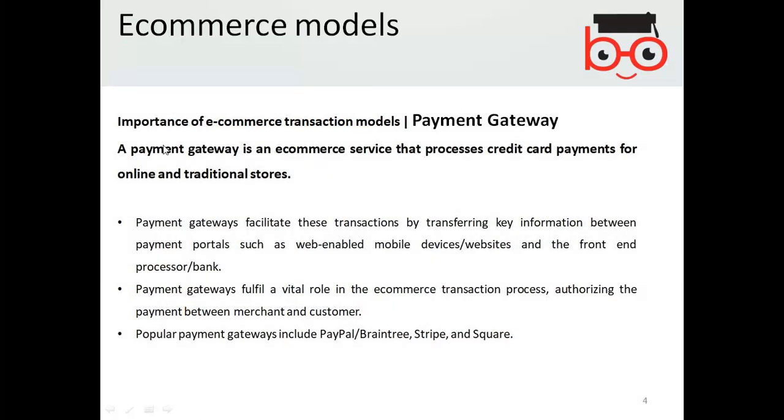Now, the importance of e-commerce transaction models. One of them is the payment gateway. A payment gateway is an e-commerce service that processes credit card payments for online and traditional stores. The payment gateways facilitate these transactions by transferring key information between payment portals such as web-enabled mobile devices, websites, and the front-end processor bank. The payment gateways fulfill a vital role in the e-commerce transaction process, authorizing the payment between merchant and the customer.